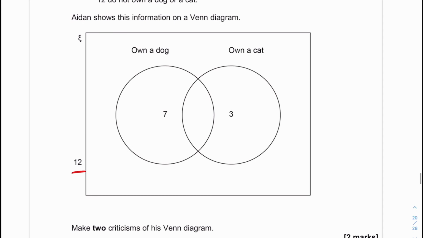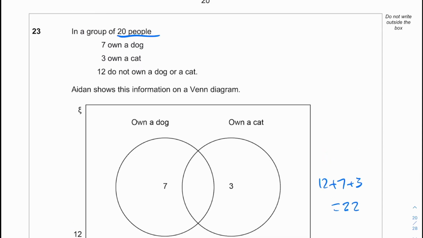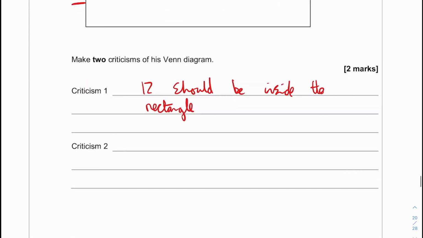And a second one, if we just actually add up the values, so if we do 12 plus 7 plus 3, we get 22, but there's 20 people in the group, so we can say that the total of the numbers in the diagram adds up to